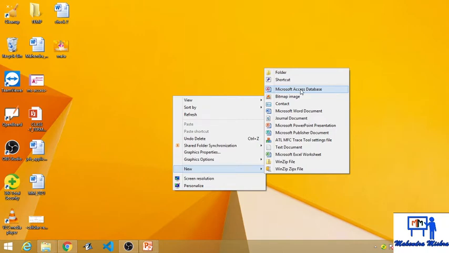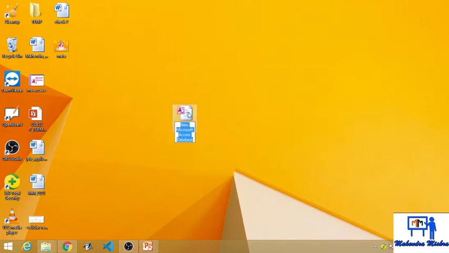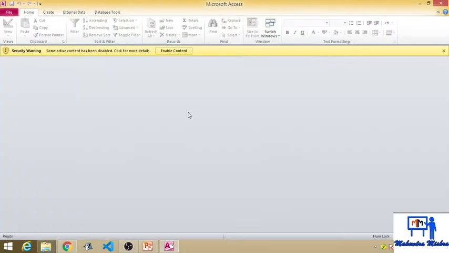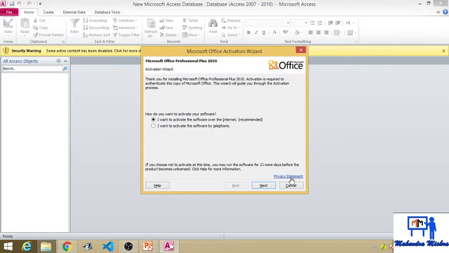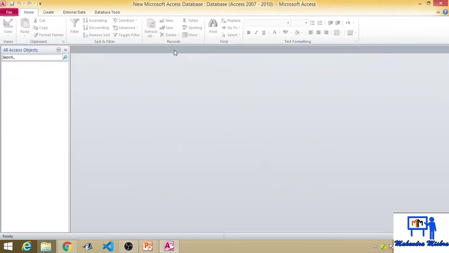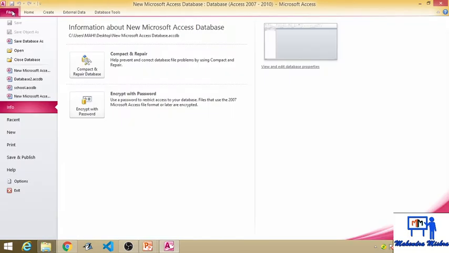If you have installed Microsoft Office, with Microsoft Word document, PowerPoint presentation and Excel worksheet, then definitely you have the Microsoft Access database in your PC. Just double click on it. When you open it, you will get a window like this. Then you have to move on to the File.